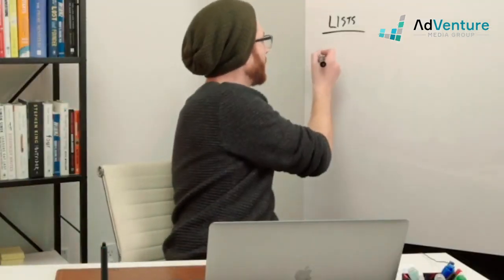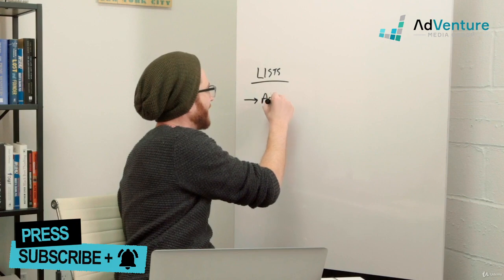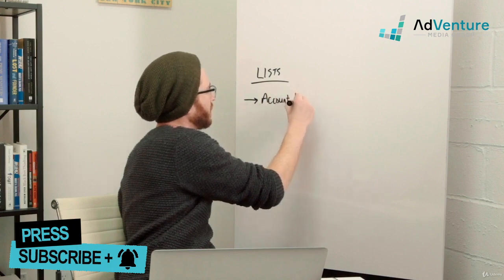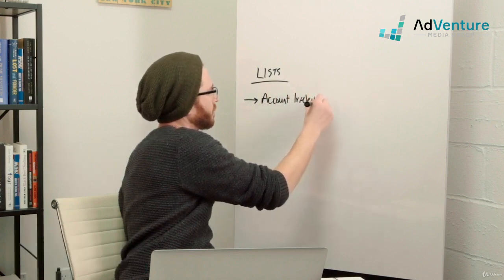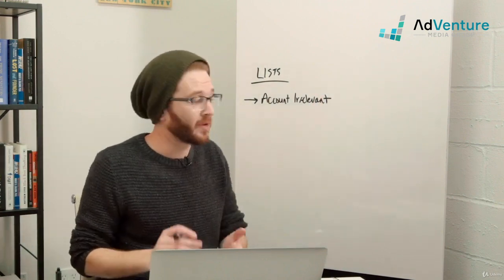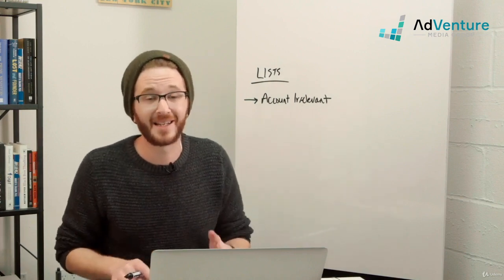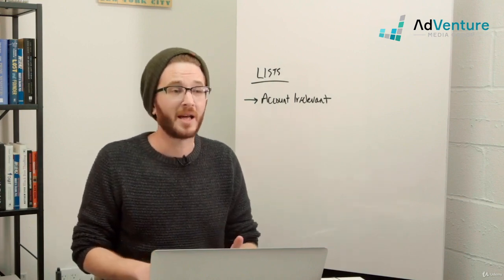The most popular form of list that I suggest that you all create right away is what I call an account irrelevant. Okay? And you could label it as such. Your account irrelevant negative keyword list is going to consist of negative keywords that you never want to